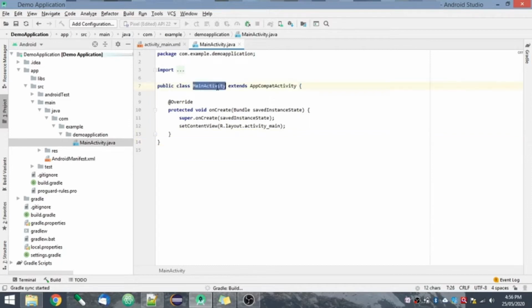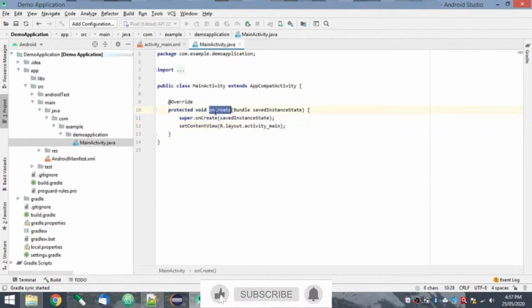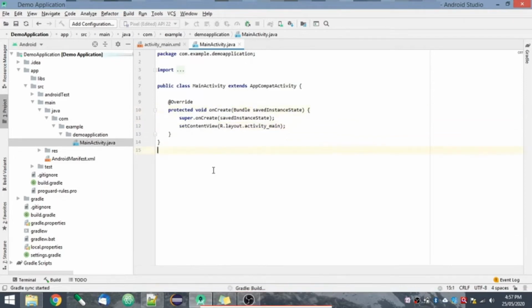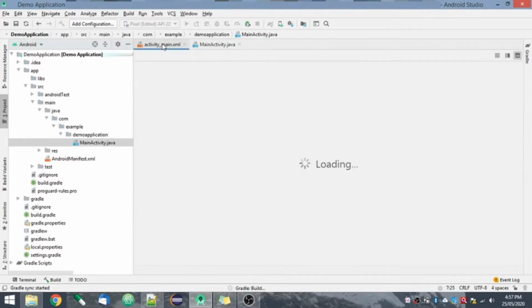So by default it will create a main activity class. It will by default have an onCreate method. This onCreate method will basically set your view and link it with the activity. So the two main things that we have in an Android project are the activity and the layout or the view. So to connect the view and layout with your activity, this setContentView method is used inside the onCreate method. So this is the default method that is already present, and along with this Java file, an XML file is created. So basically this line where we write the setContentView, this line will create this file.